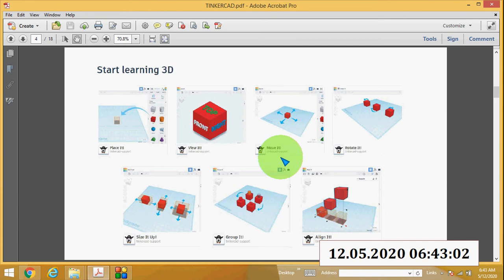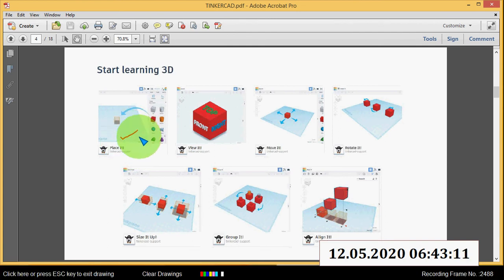In Tinkercad, there are different options. In the work plane, with primitive shapes, you can place different shapes. Then you can view it with the help of the view cube.